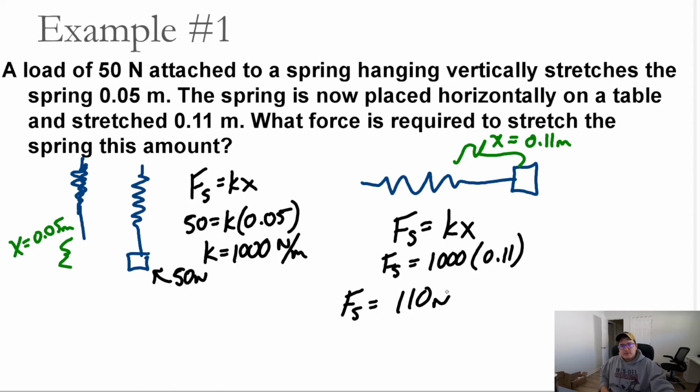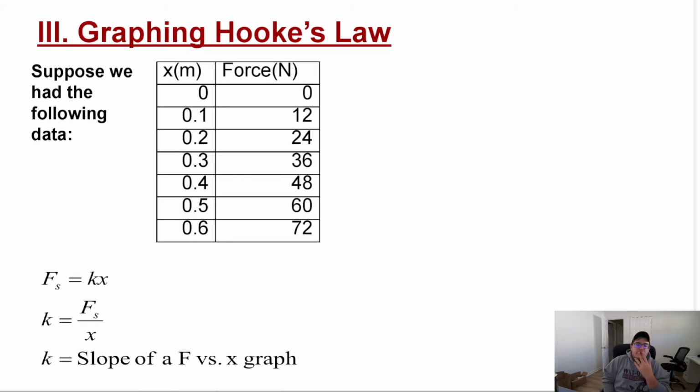So let's rewind a little bit. Let's talk about what's happening in here. So we took a spring, we hung it vertically. We found how stiff the spring was. We then laid it horizontally and figured out how hard we had to pull it, how much force we had to pull it with in order to go a certain distance. When it comes to Hooke's law, this is pretty much what we're doing. We're given two of these variables, you find the third. Boom, done, moving on. However, in lab, we are going to graph Hooke's law,